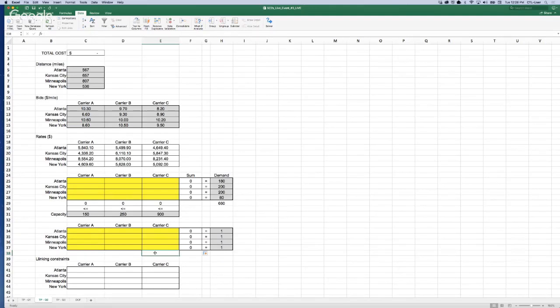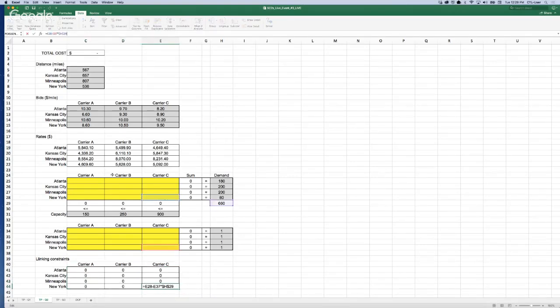So this is similar to what we observe in the network design problem when we add the linking constraint. So basically, I'm going to be taking the flow, the x, minus the y, which is my binary variable, and that should be multiplied by a big number. And that big number for me is going to be just the sum of the demand. Okay, I'm going to fix this value, and that will be all. Let me see. I'm going to be dragging the content, and same thing for the other cells. I'm going to check one of the values.